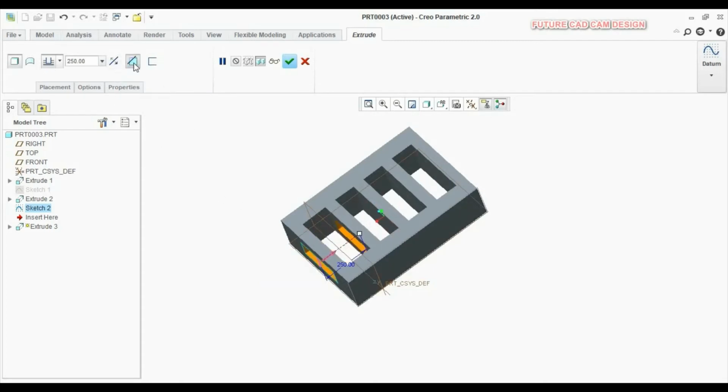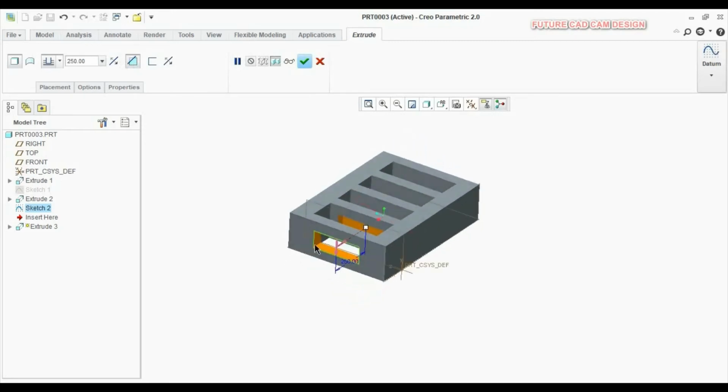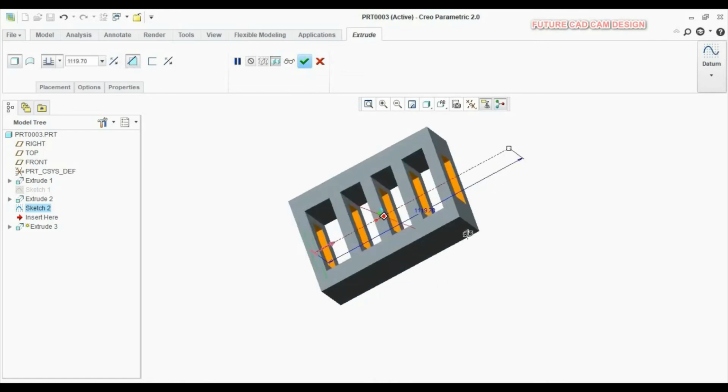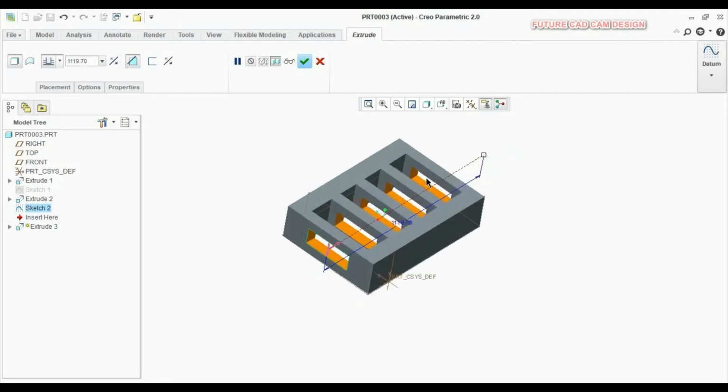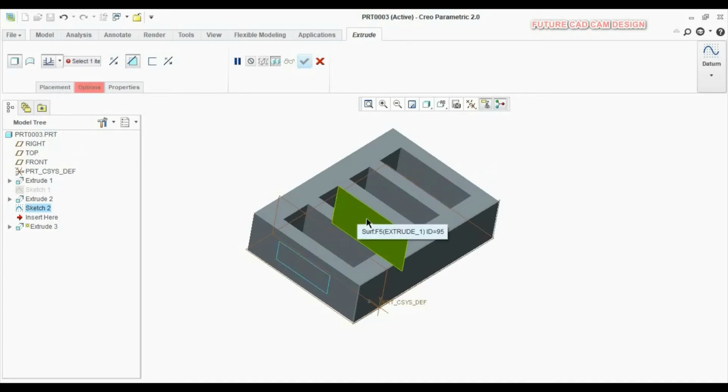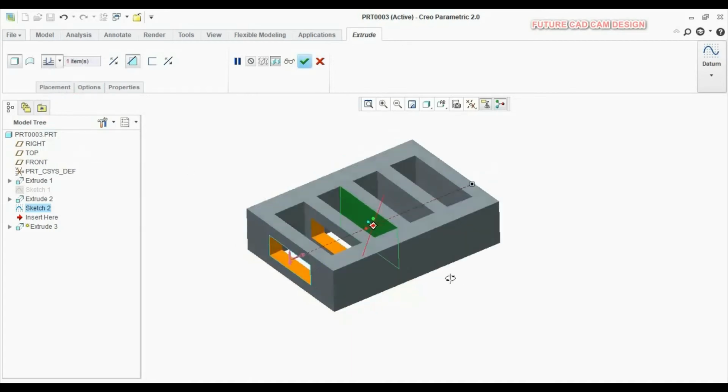When I give the extrude cut, the material is removed from a solid object. So the extrude cut command will be highlighted only when you make a sketch upon a 3D model. In extrude cut we have the same 6 features that are available in extrude. Extrude and extrude cut are both the same. The only difference is that in normal extrude you need a solid object, while here you need to remove the material.